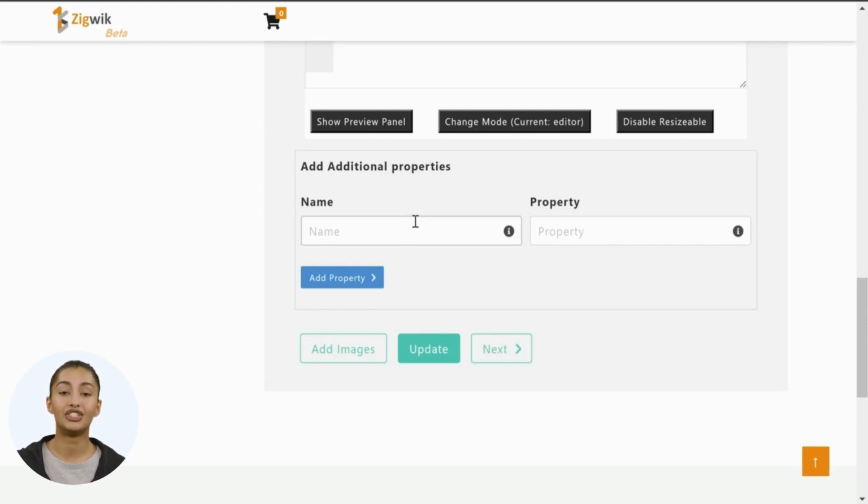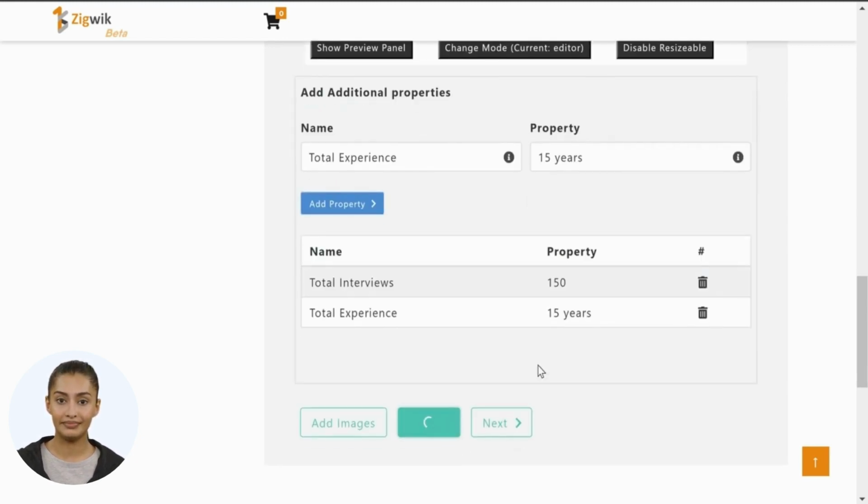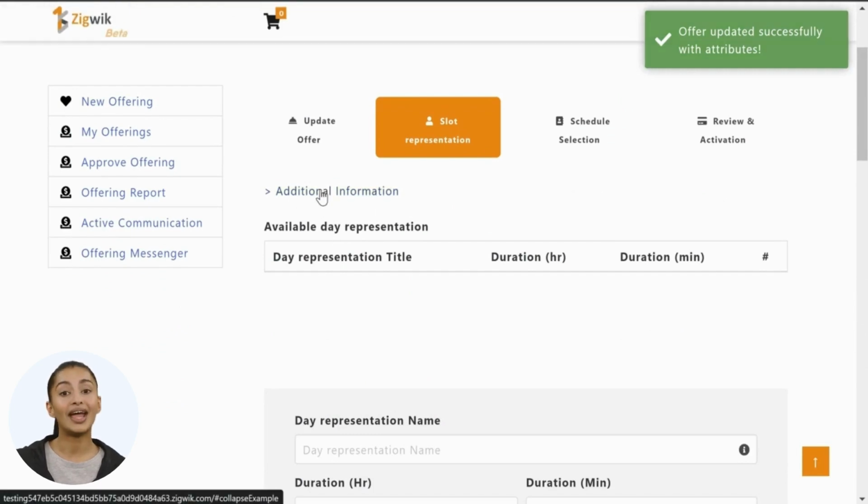You can also add some additional properties for your offer. For example, let me add total interviews taken and experience in number of years as additional properties for the offer. Okay, now I'm clicking on the Update button to save the properties. Done. Now that we have added all required information for the offer page, let's learn how to add actual schedule